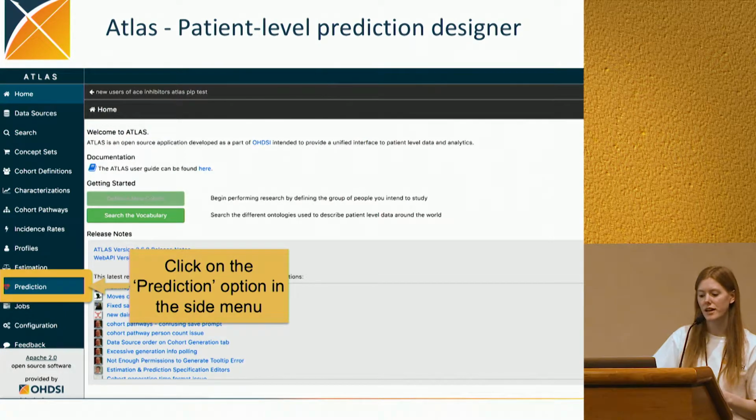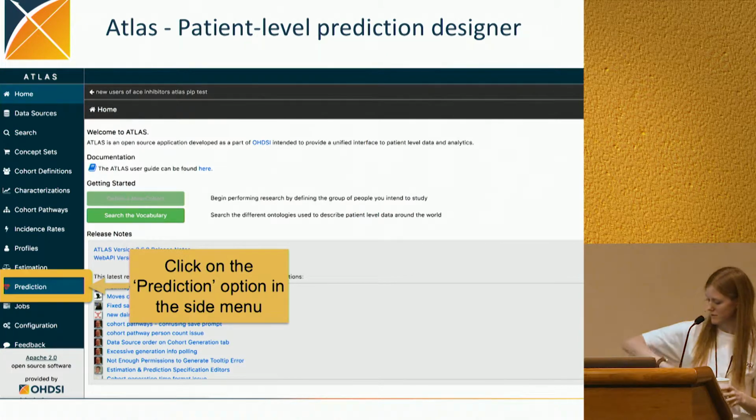In Atlas, you're going to be able to play with this in the later sessions today. You're going to have an option on the left-hand side, and if you pick prediction,